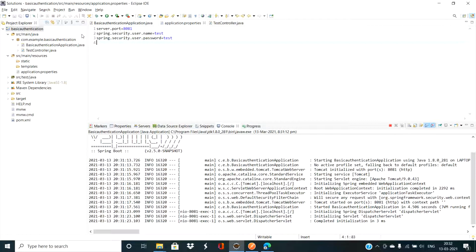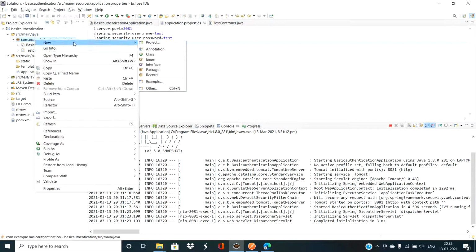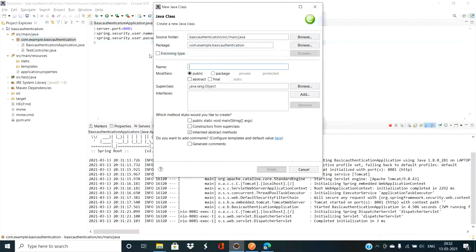So let's create one class. Name it SecurityHandler.